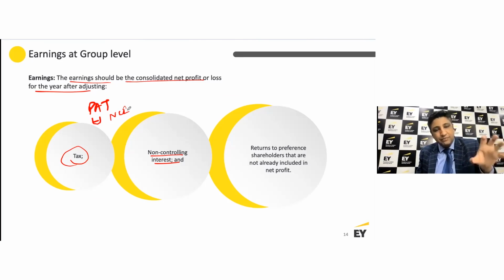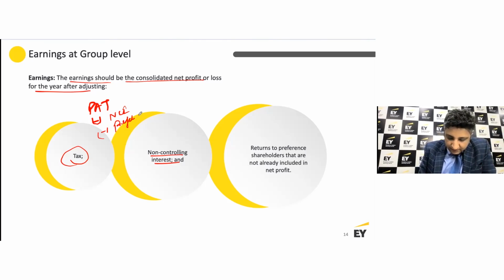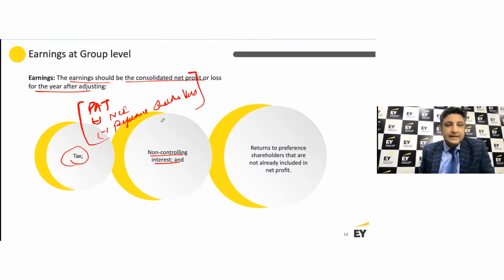Okay, so you need to bring that element and adjust that part. And finally, any returns to preference shareholders will also be considered in this particular calculation here, right? Eventually to arrive at what is the profit attributable to,